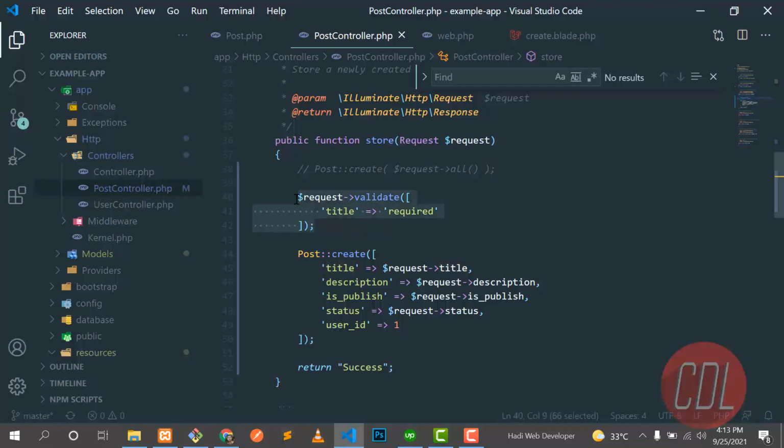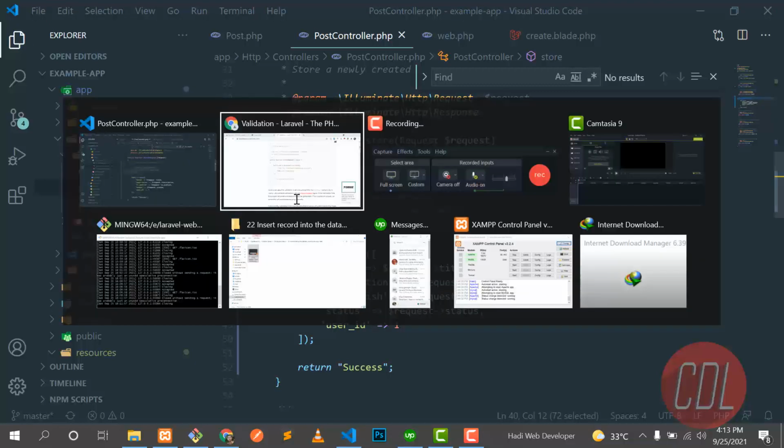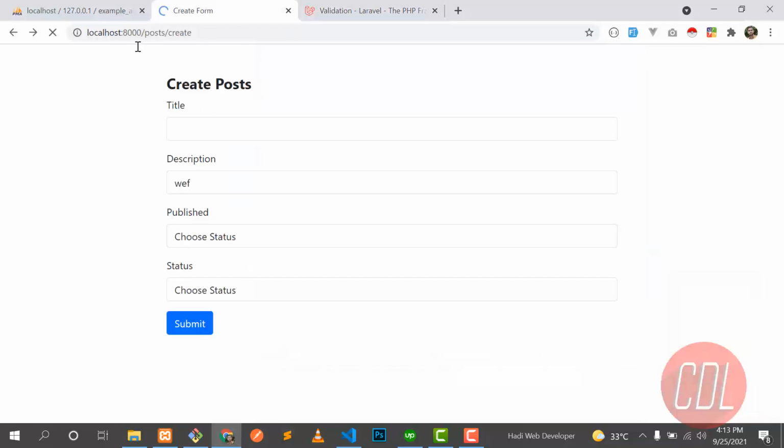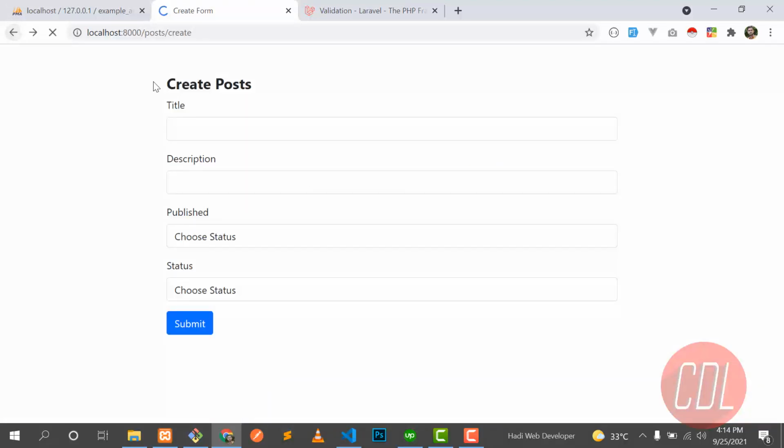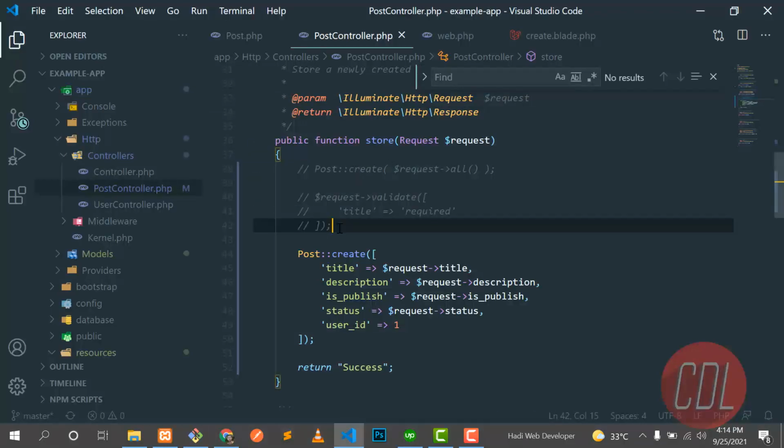So let me comment this out and first show you what happens if we leave it blank and submit the form. Let's click on submit, and yes, it's throwing an SQL error that the field can't be null. So it means it's throwing the validation of the database, and we were unable to validate the data. So first validate it, because our database is very important for us. So let's implement this required rule.